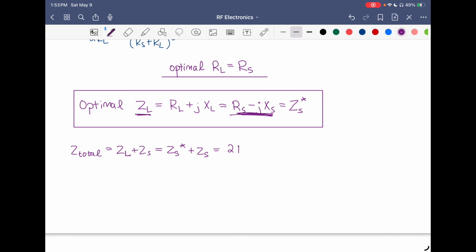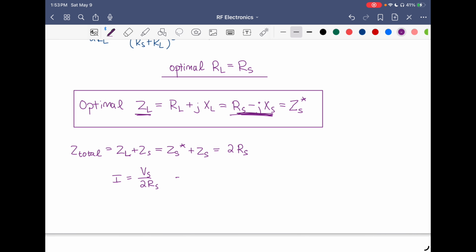Then we're left with 2 times the source resistance as our total impedance in the path. So then we have that the current is equal to Vs over 2Rs,